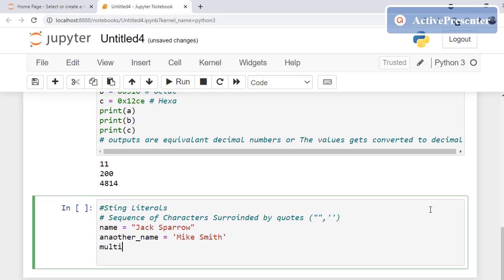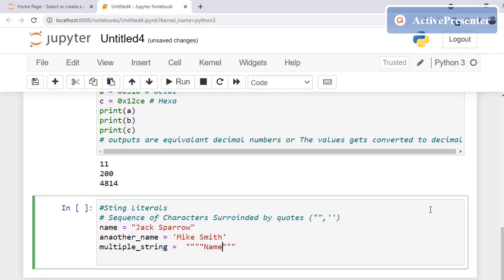Multiple string means multiple_string. So it can be written with three quotes.